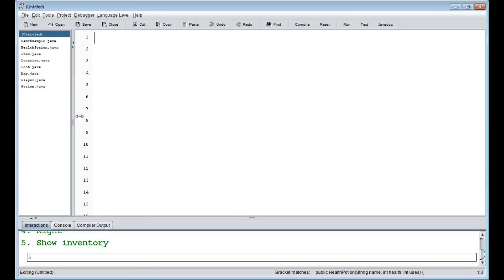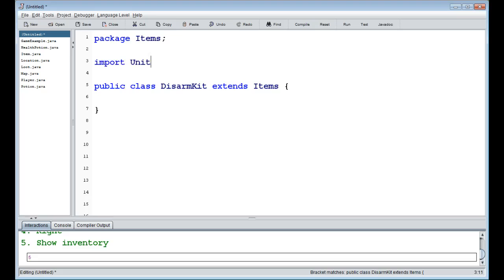that's that part. So what if we want to add the thing I spoke about earlier, public class DisarmKit that should remove the mines around us? That's possible. That's obviously not a potion. That's an item. So we extend the item, and we should also put it in the correct package. So package items, and we need to know about the player. So import the player, units.player,